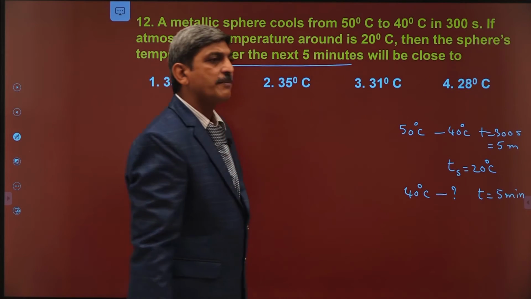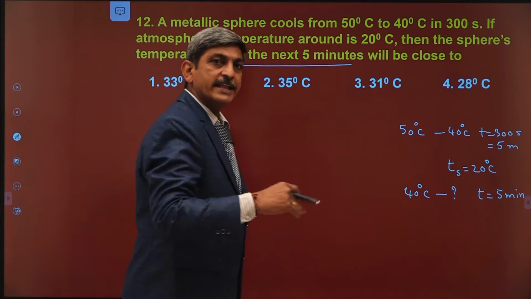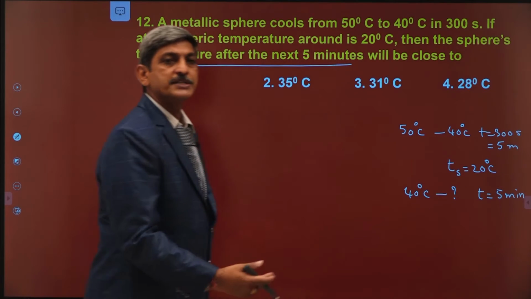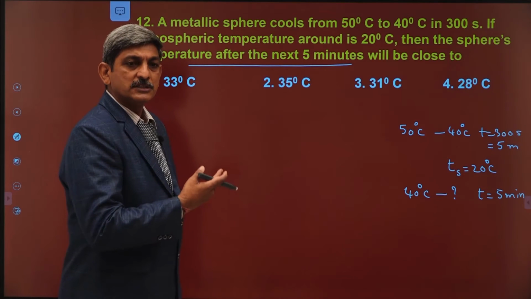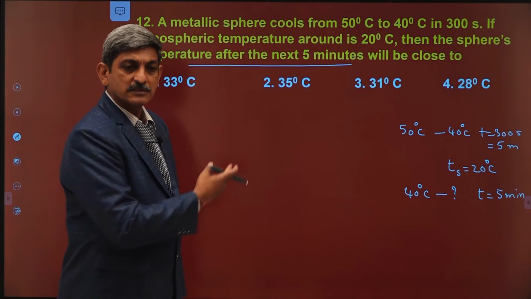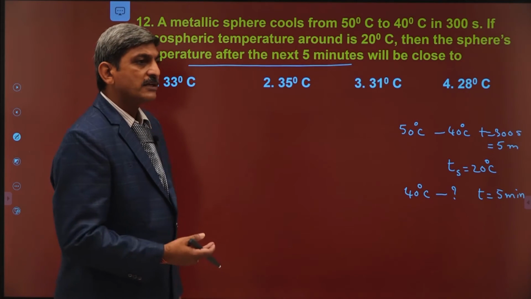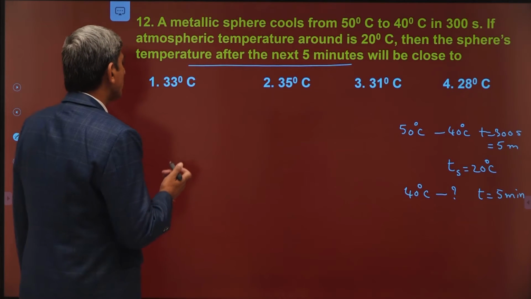That means in the first 5 minutes its temperature changes from 50 to 40. In the next 5 minutes, from 40 to what temperature does the temperature change? That is our question. So this is from the transmission of heat lesson, under the concept of Newton's law of cooling. We know that whenever a body cools, according to Newton's law of cooling, we can